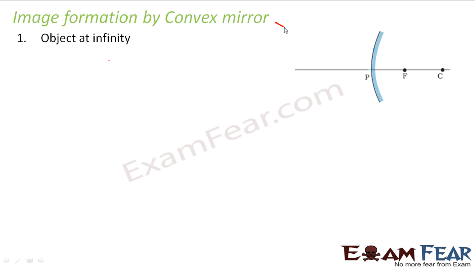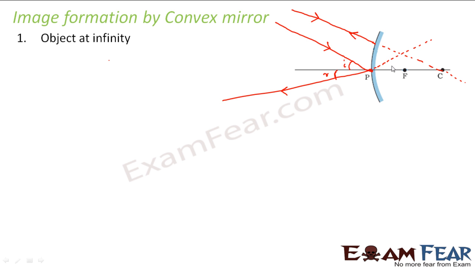So now, according to one rule, let us suppose there is one ray of light which approaches the pole of the mirror obliquely, and then again it goes back obliquely. Now again, according to another rule, there is another ray of light which falls on the spherical mirror such that it looks as if it is passing through the center of curvature, then after reflection it retraces the same path. So now here, if we extend this on this side, what do we see? They meet at this point. So that means the image is formed here. So this is my image A dash B dash.